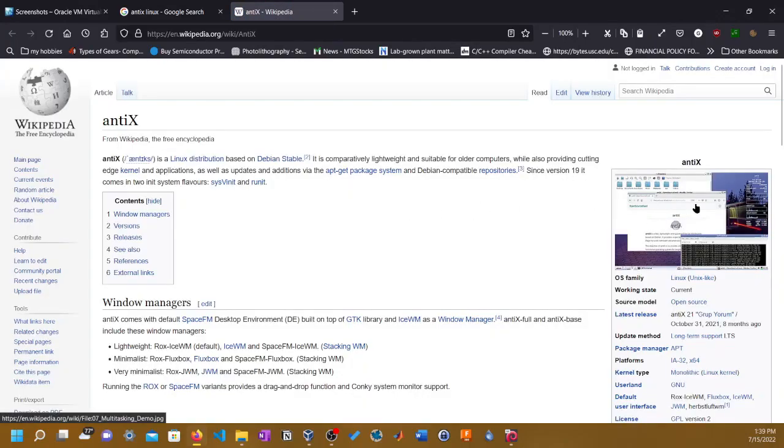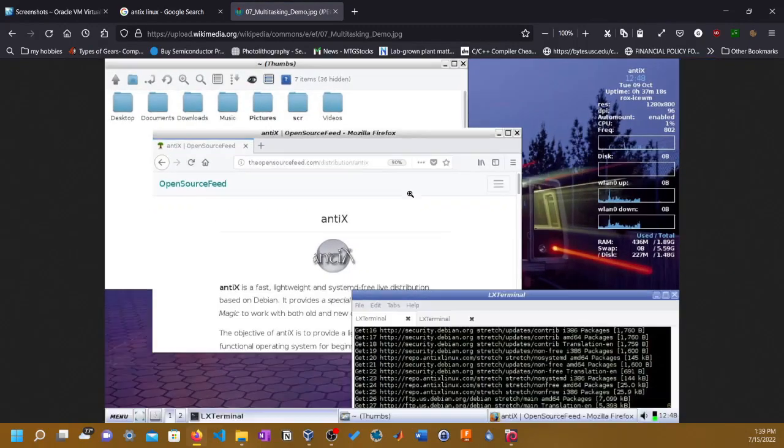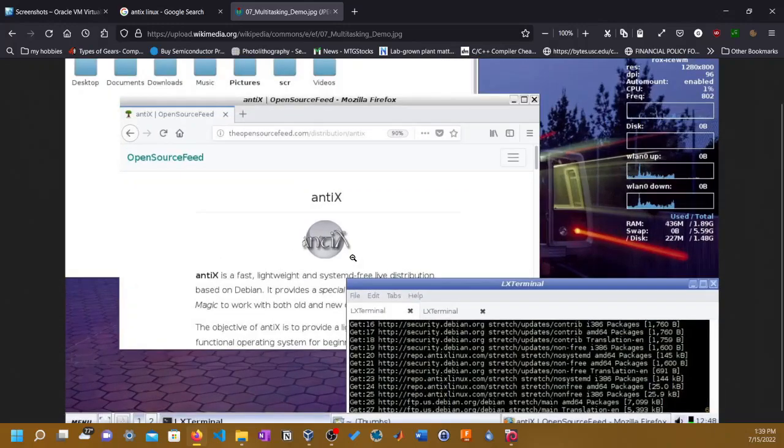Let's go to Wikipedia. Very lightweight, and it says it's compatible with older computers, like computers that run Windows 98. It's very old, but it kind of looks much better than Windows 98. To be honest, Windows 98 looks stale compared to this.